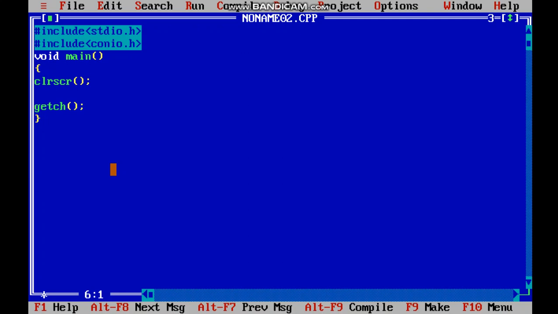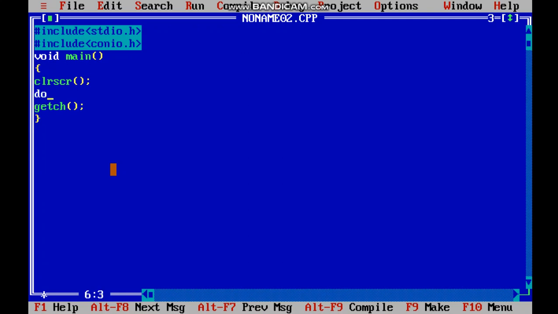See guys, this is our syntax, we all know it very well. Suppose I need to make a program where I will print my name with the help of a do while loop, and that will tell me how many times I print my name. Let us understand in a very simple way, so we will understand the use of the do while loop. Below the clear screen we won't have to initialize any integer because I just need to print, which I could do simply, but I need to print a number of times.